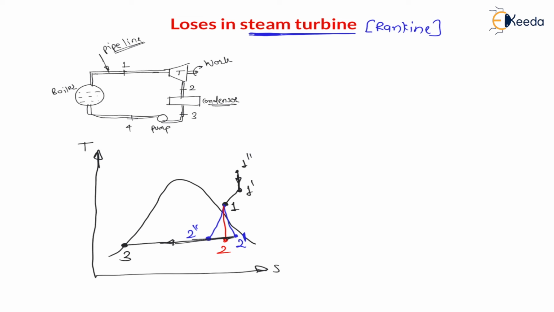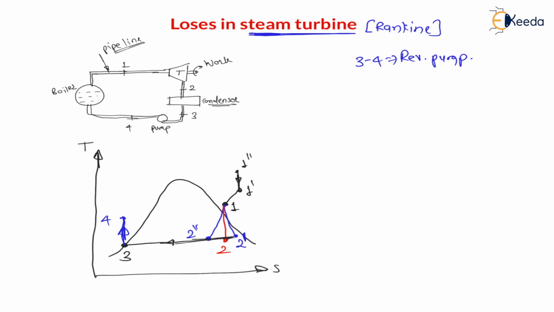Now let us understand the theoretical pump. Here a reversible pump is like this, 3 to 4. Now here 3 to 4 is a reversible pump, right? Reversible pump means without losses this will be the pump. But my dear students, in case of this pump 3 to 4, there are pump losses, and pump losses are basically because of friction and eddies. In the pump there will be friction and formation of eddies. Because of this, the temperature at the end of the pump will increase and entropy also increases, right?